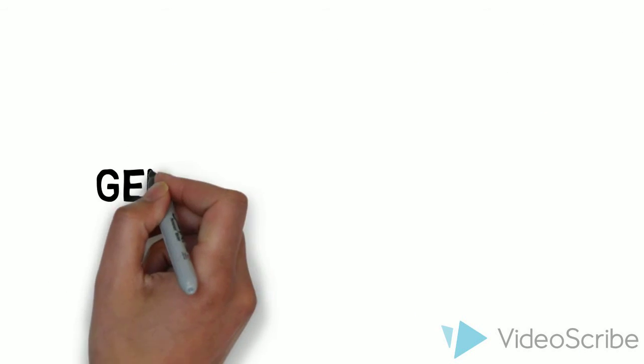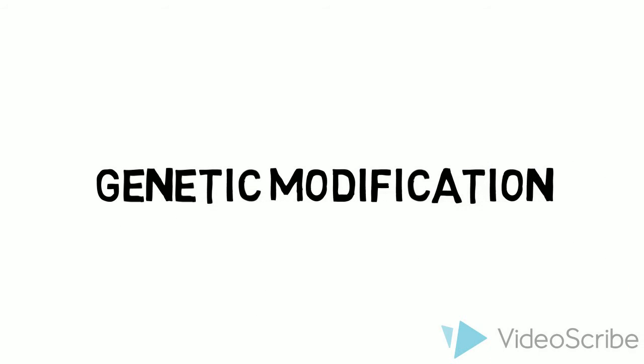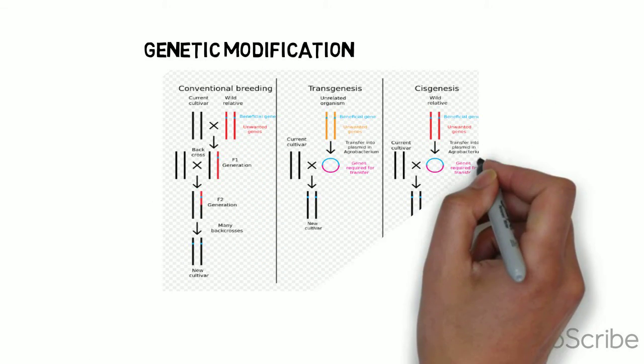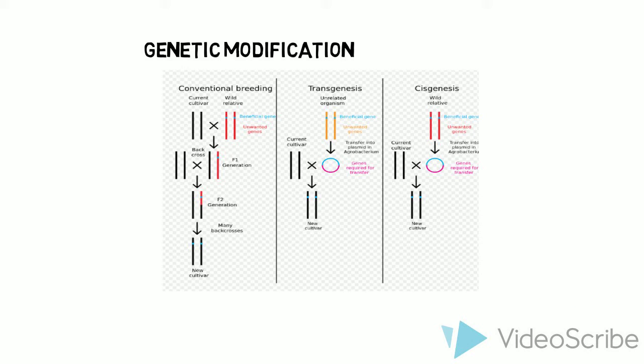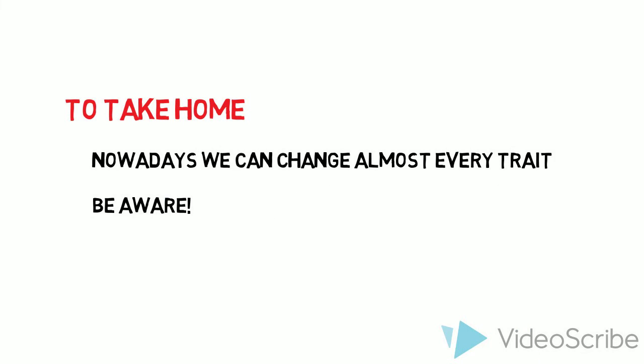Nowadays, scientists are working on a method in which you can alter the genome of the organism. This is called genetic modification. This way you can transfer, add or remove genes in cells, leading to genetic changes within or even across species. You can select specific genes that code for a certain trait and modify it to your needs. Scientists are researching several ways to apply this to our food so, for example, it will be less susceptible to diseases. We can conclude that nowadays we can change almost every trait we want, which is pretty amazing.